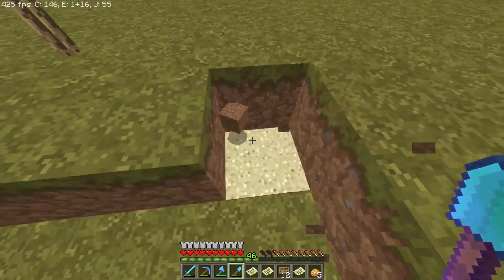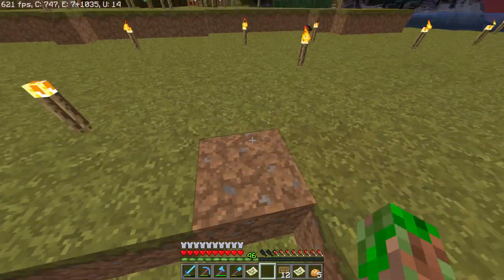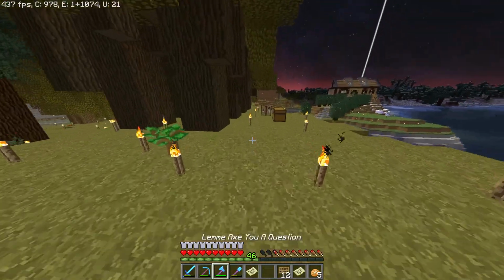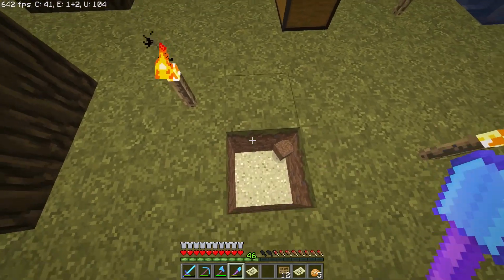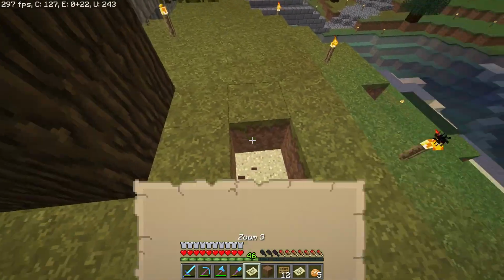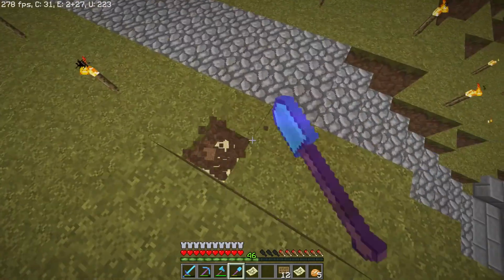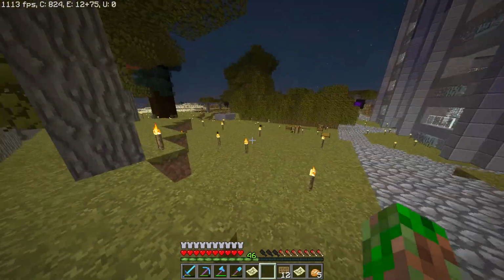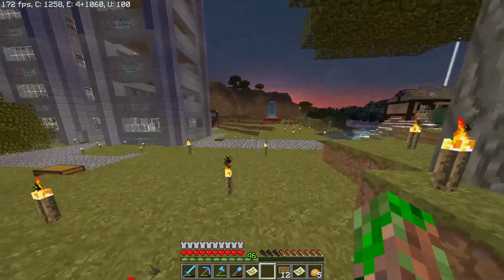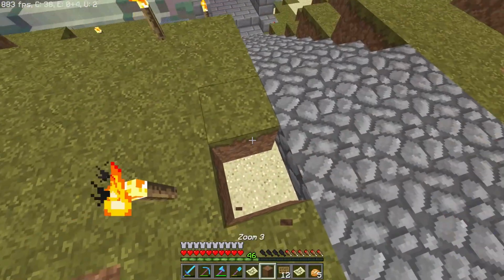Where does the sand start? Okay, the sand there. We can live without a couple of sugar cane. That's dirt here. Oh yeah, I remember. Sand was all the way back here. That's the thing, I built this on top of here. I'm pretty sure there'd be sand here, yeah. This is where the sand...